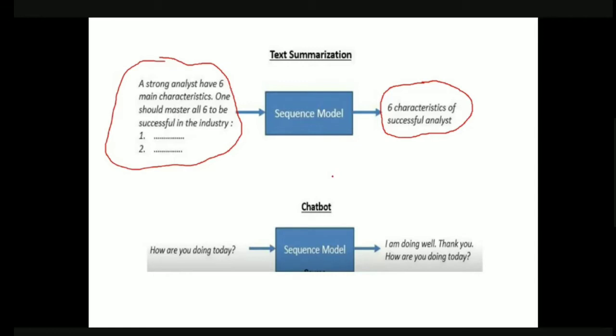Another most frequently used example that all of us know is chatbots, isn't it? Whenever we open a website, for example the Lenskart website, or some other website, we'll have some chatbots. Those chatbots are going to interact with us, right? So, hi, welcome to Lenskart, how can I help you? We wanted to ask a question: I wanted to buy blue cut lenses today. Then it gives you an answer based upon your question. Here we ask how are you doing today? And it gives an answer: I am doing well, thank you, how are you doing today? So this is how chatbots interact with the humans who are interacting with that particular website, right?